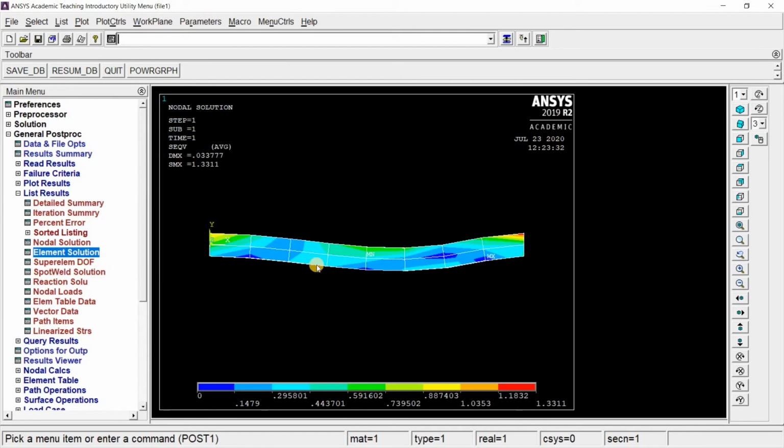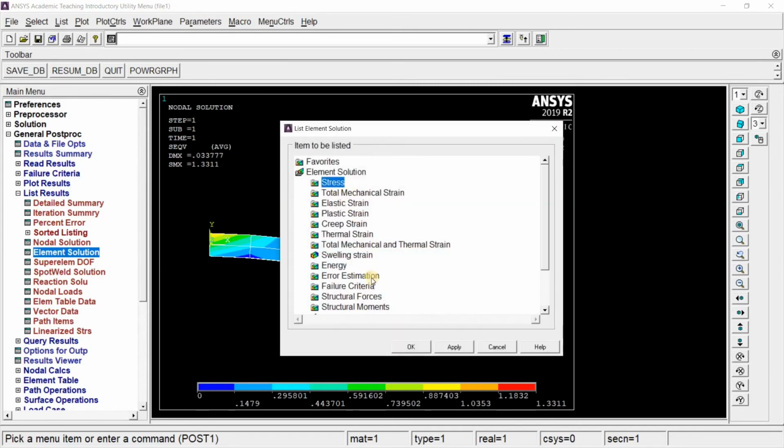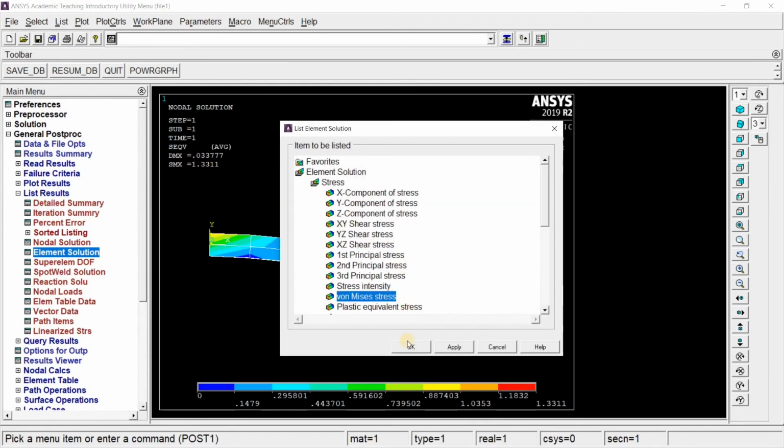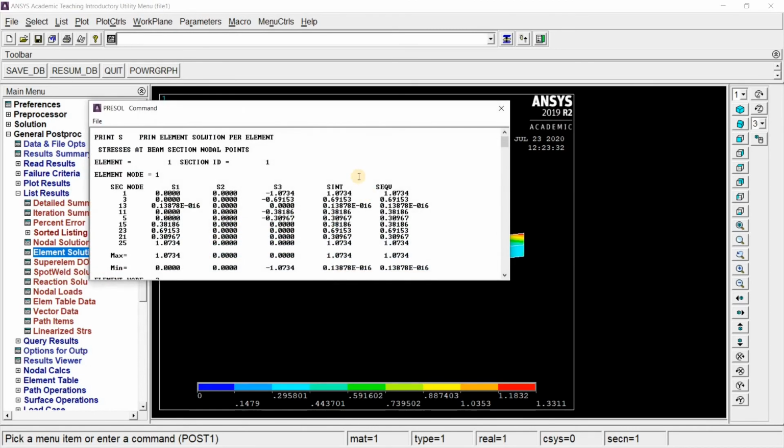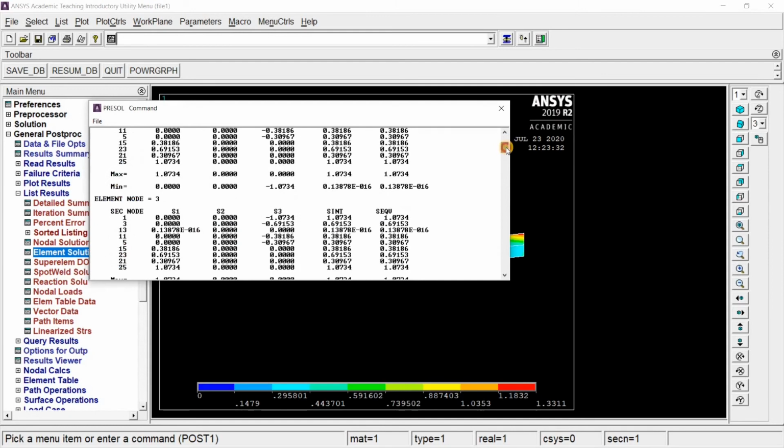Next we can go to element solution, select stress and go to von Mises stress and give OK. At each element you will get maximum and minimum stress values.